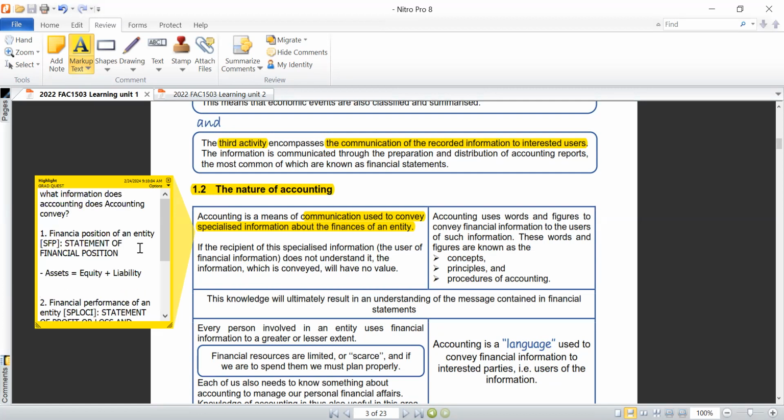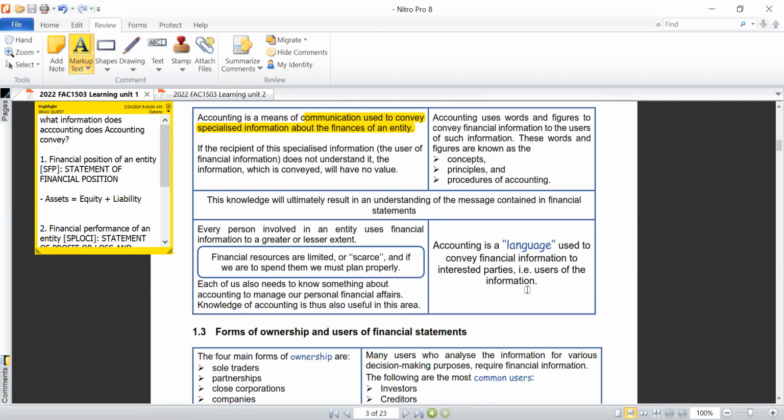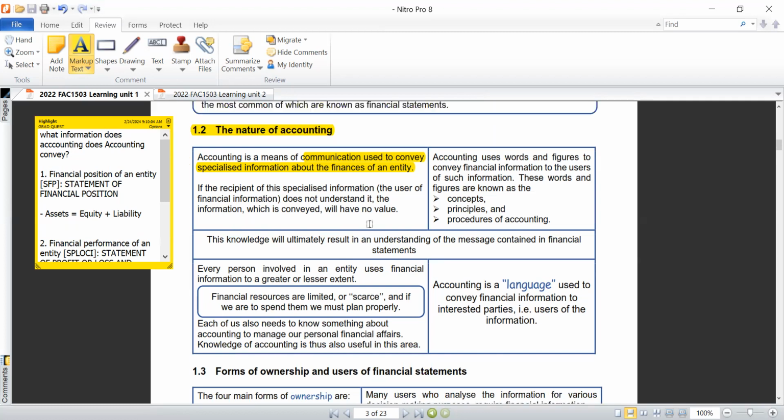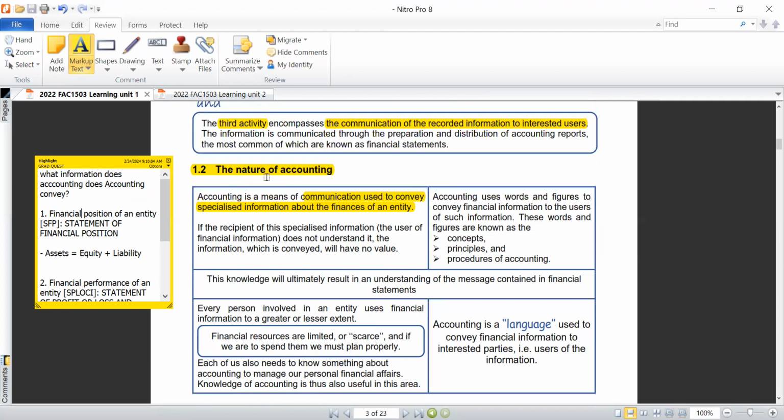Those are the three things reflected in the financial position. So when they say reflect the financial position of an entity, we just want to know what assets this organization owns, what value of equity they have, and what value of liabilities they have. That's all we want to know when we look at the statement of financial position, right? That is just to give you a bit of insight about the nature of accounting.